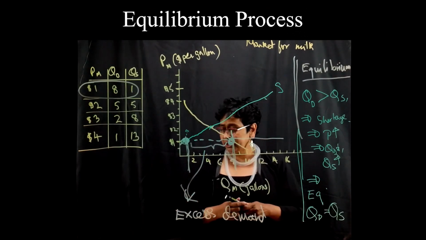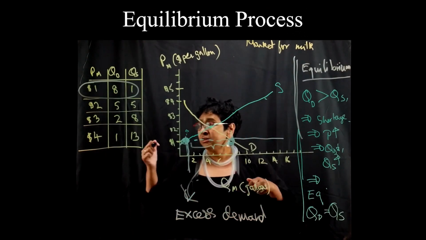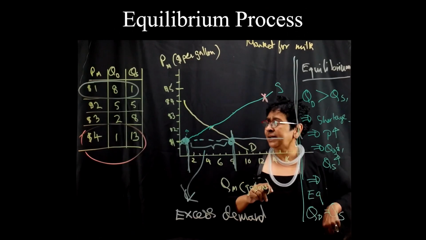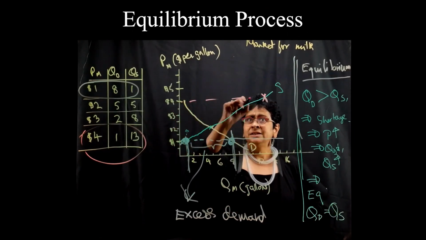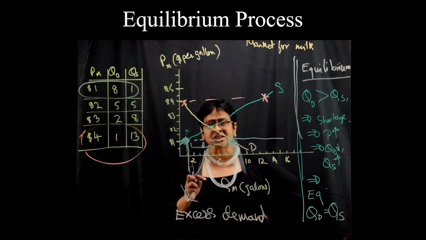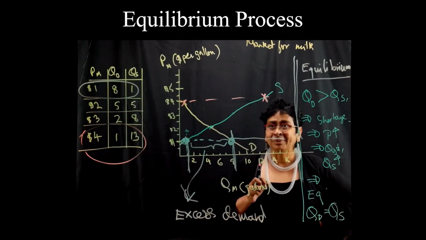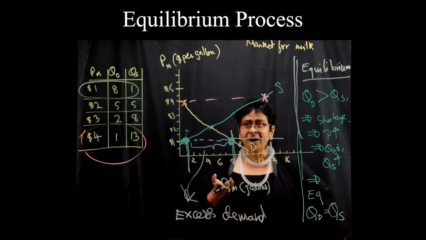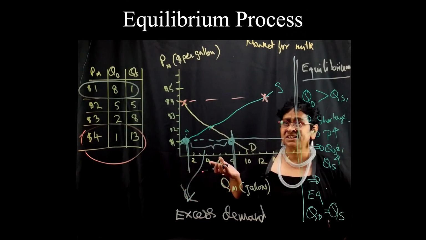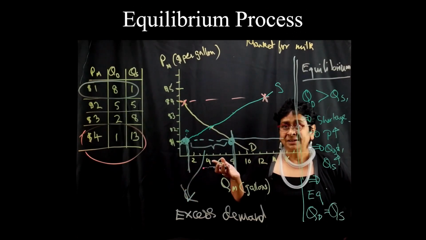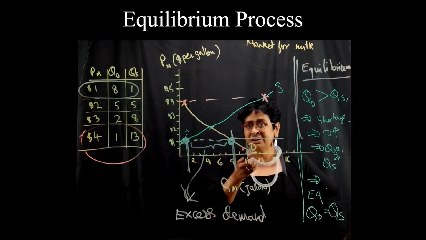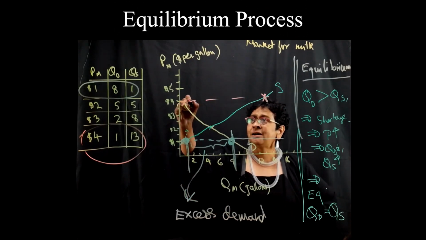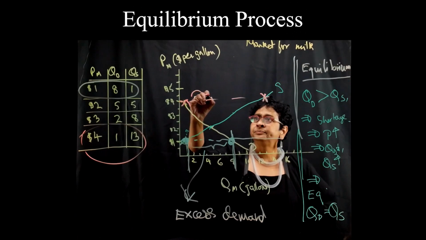Conversely, if we had a situation where the price was at $4, what you would see is that quantity supplied is way out here at 13, quantity demanded is just at 1. In this case, you've got a glut in the market. You've got an excess supply. There's way too much milk in the market, nobody's buying it. And producers find that they cannot sell their stuff. When that happens, they try and dispose of their stuff by starting to cut back on prices, by offering it more cheaply.